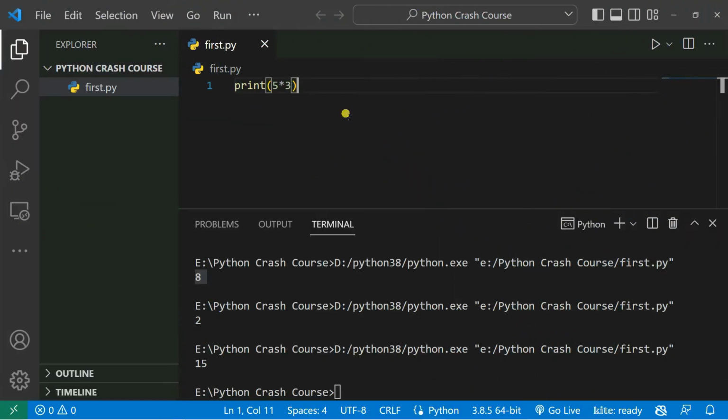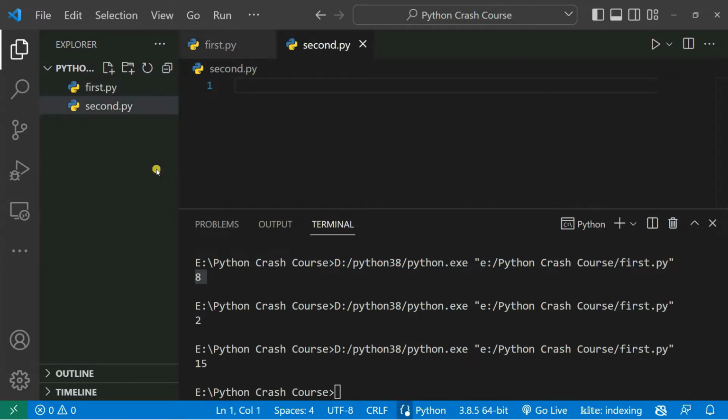In the last video, we saw how you can print a statement inside our print function, and we also did multiplication and made some calculations inside that. Now we're going to see how we can use a variable inside our Python program. For that, let's create another file. This is the second part. So let's make it